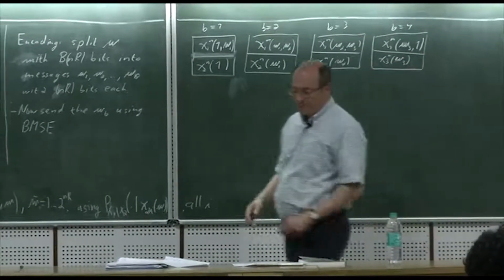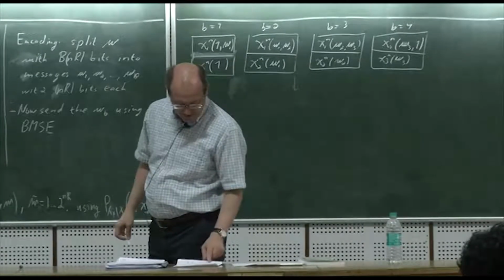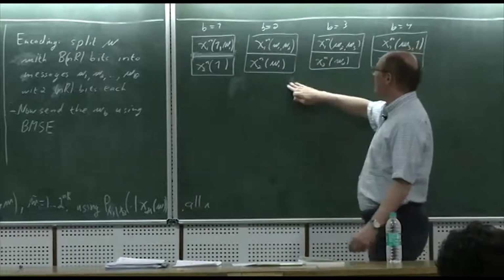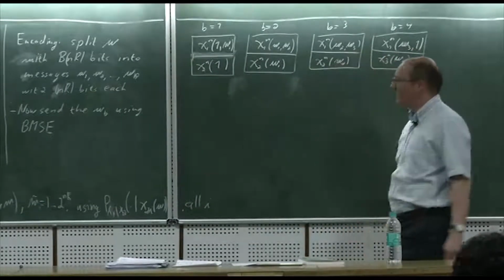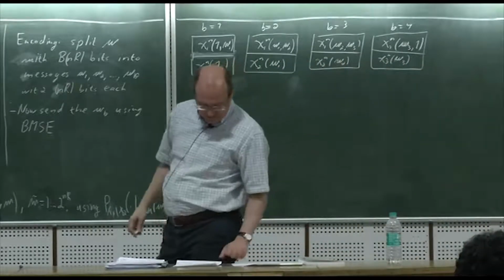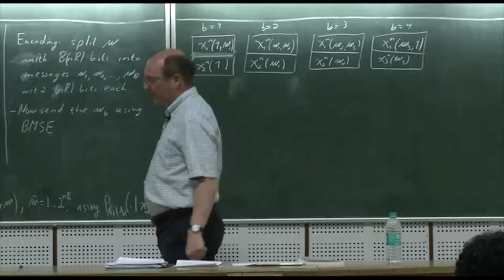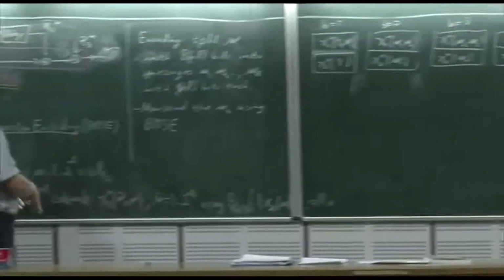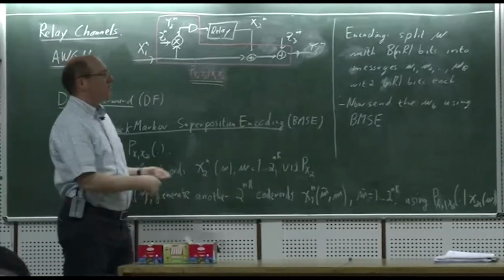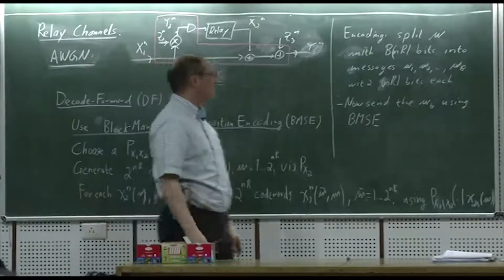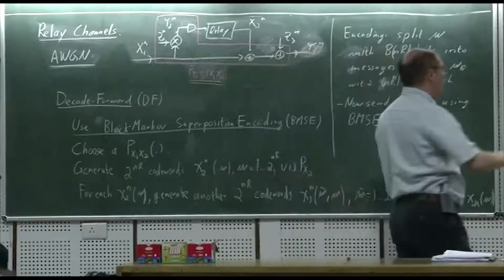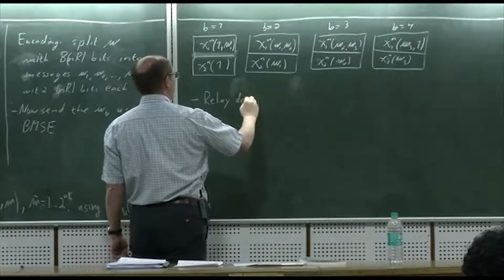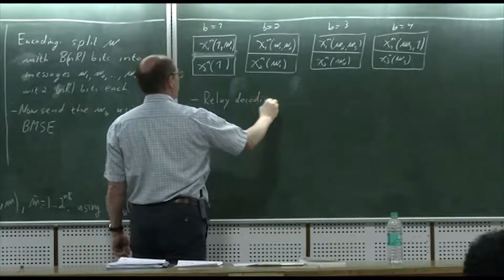So let's talk about that, and maybe I'll mention the important thing when I get there. It's a little bit of a subtlety. Okay, so the idea in decoding, so I think the transmission is clear, right? So we generated the code book, the 2 code books, and the transmission is done in this block Markov fashion. Okay, so what happens in the decoding procedure? So let's talk about the relay decoding. What the relay does is after block B,